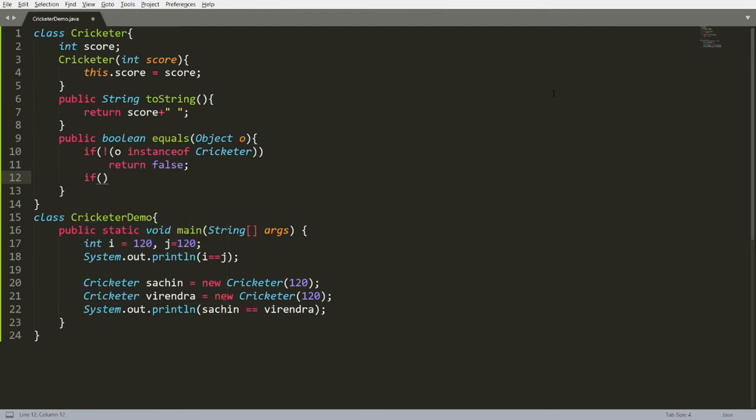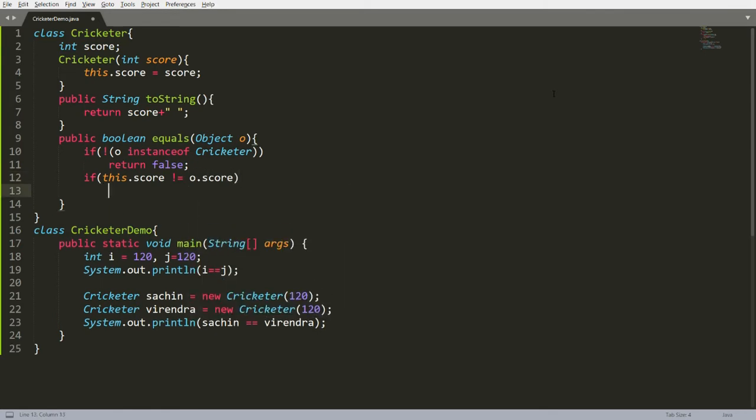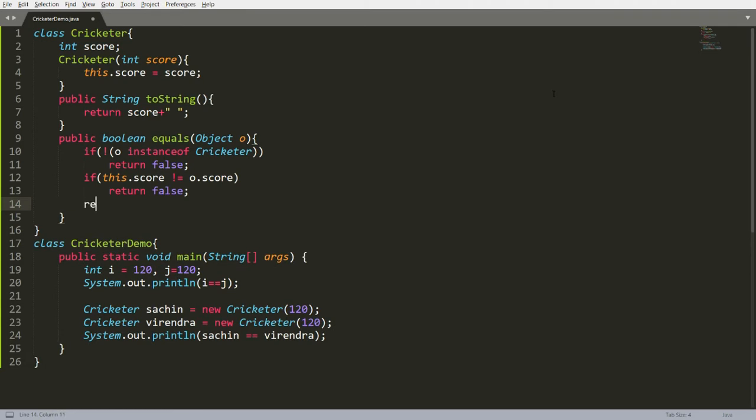If this.score is not equal to o.score, then return false. If both conditions are false, then return true. Why? Because if both conditions are false, it means the given instance is of type Cricketer and both scores are equal. But here the type is Object, and this means the current object, that is Cricketer.